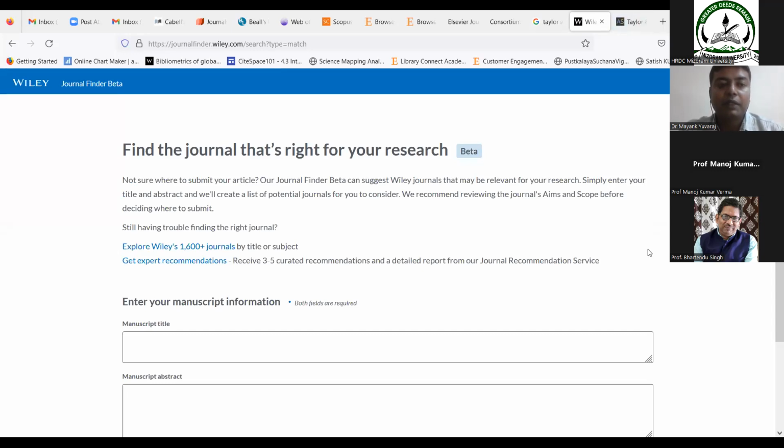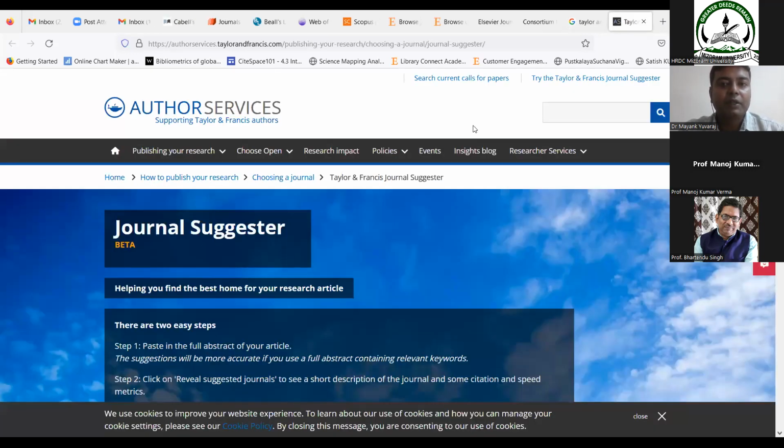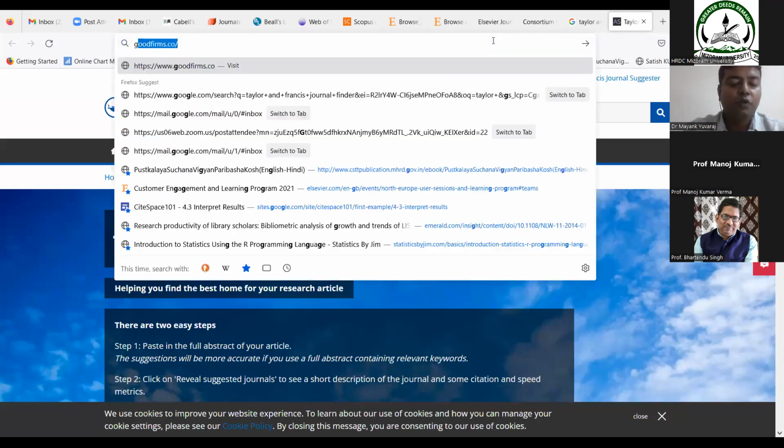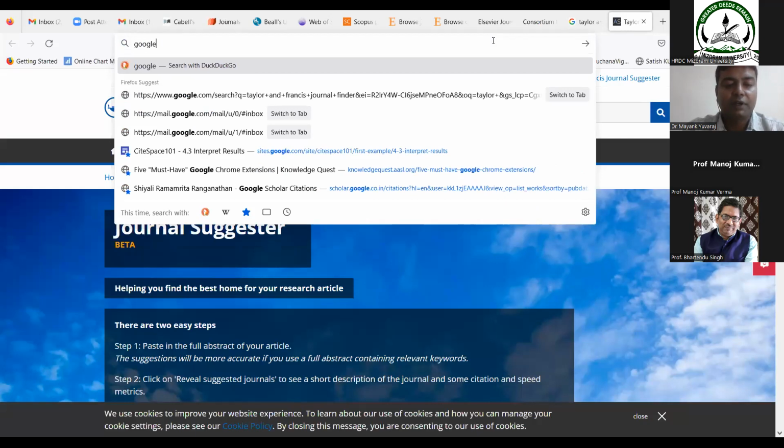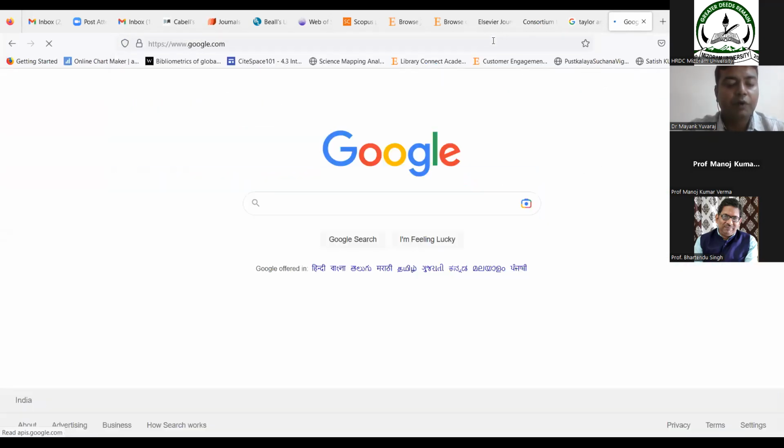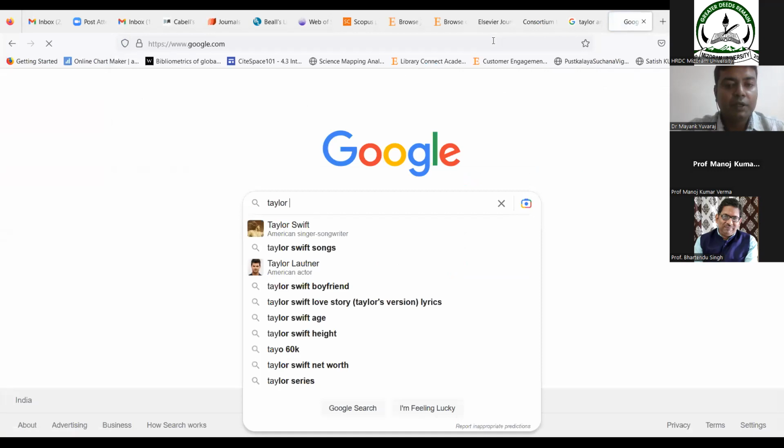But I think research is being conducted on these tools, and within 2 years I think they will be powerful enough for journal recommendation. Since you are at the beginner's level, I suggest you go for a Taylor and Francis journal if you want to publish your research in a good journal.